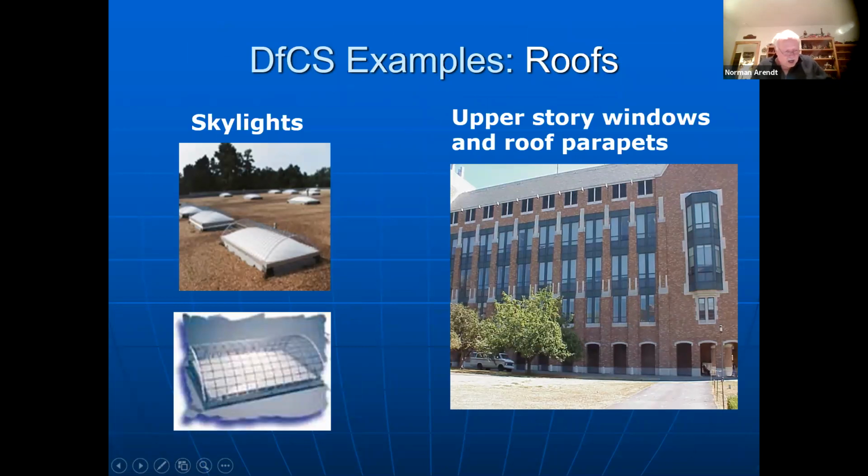Things we can do with skylights: it doesn't really affect the appearance of a building if you build a curb around them or put steel mesh coverings on them so you can't fall through them. And this is an easy solution. Or putting up parapets on buildings that are 36 to 42 inches high so you don't have the possibility to fall off the roof.